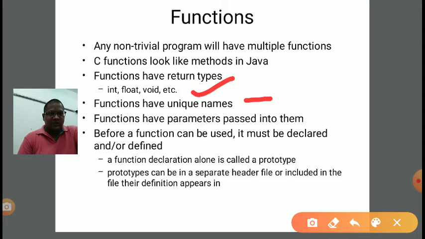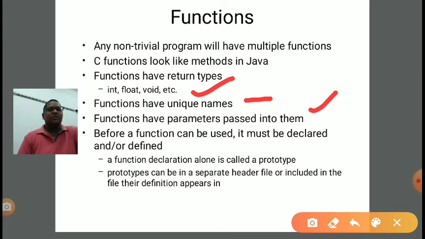After that, a function has some parameters. A function can have parameters, like main. In int main, in the brackets we are writing nothing. It means the main function can take an argument or it cannot, so a function can have zero parameters also. Whatever parameters we pass will work as input to the function.